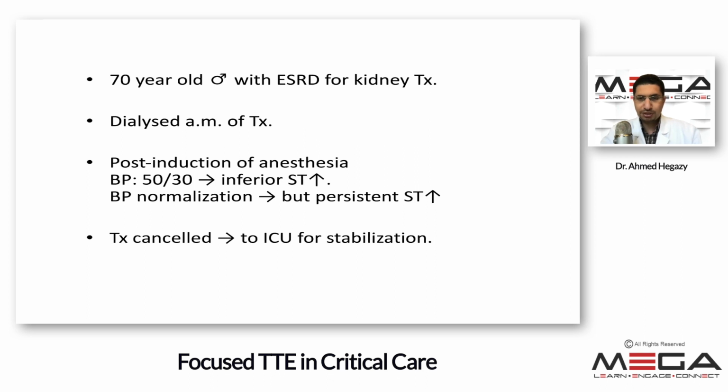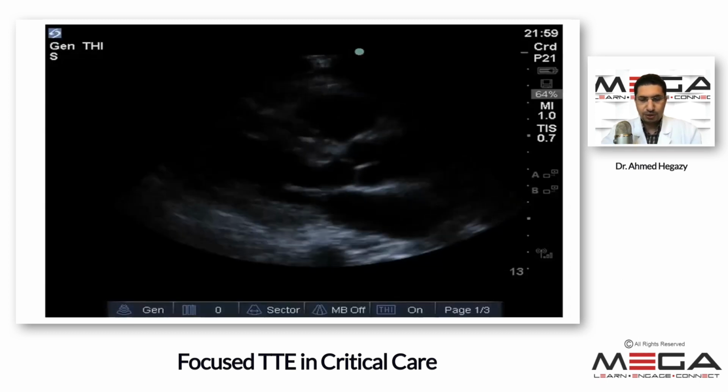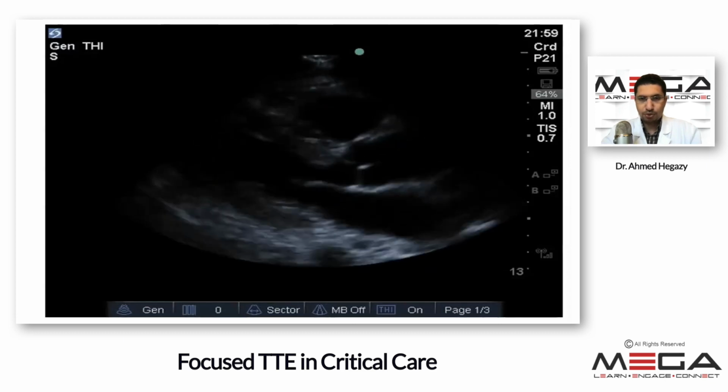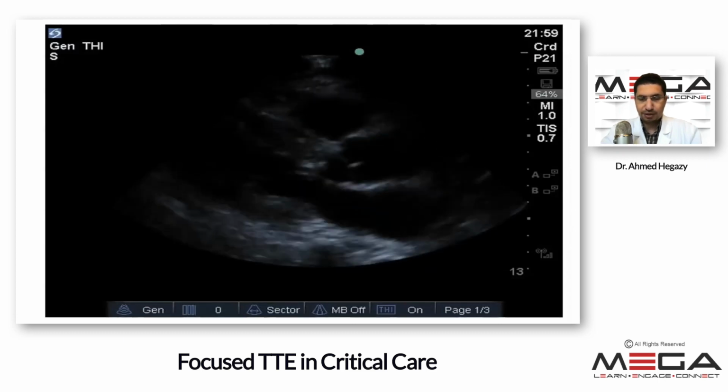Because there were persistent ST elevations on lead 2, the decision was made to cancel the transplant, and the patient was dropped off to our ICU for stabilization. So what we did is we did obviously cardiac enzymes and an ECG, and we did a point of care ultrasound. Our primary interest here is to assess for wall motion abnormalities given the fact that there was ST elevations